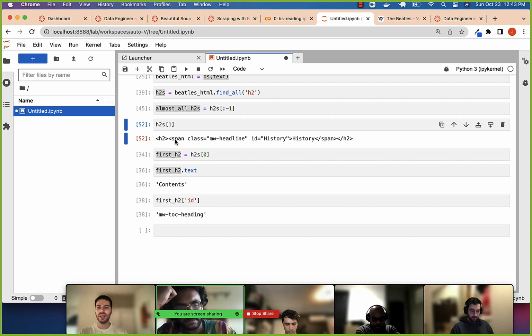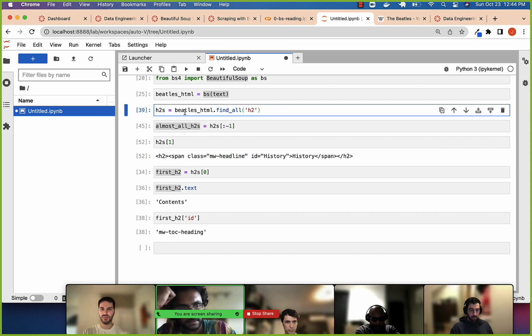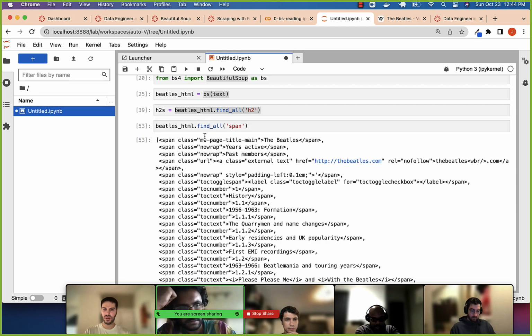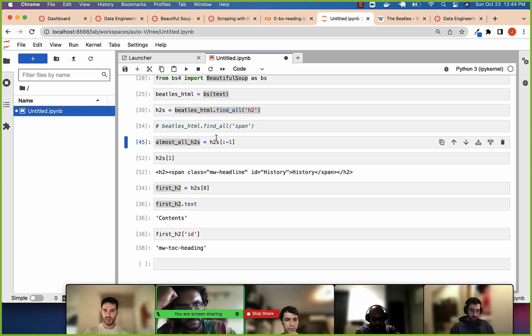Now, if I want to get this span, this could be kind of hard to do. Because if I start from this Beetle HTML thing and just want to find all the spans, that's pretty hard, since there's a ton of spans on the page. So maybe I would get more specific, which is